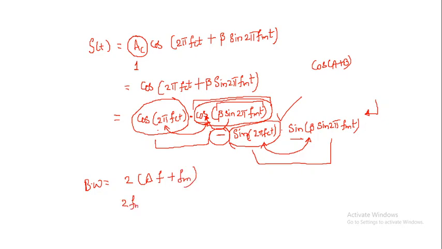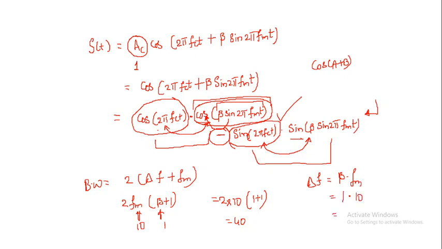If you take fm common, this becomes beta plus 1. Since beta is 1 and fm is 10 in our case, this becomes 2 into 10 into 1 plus 1, that is nothing but 40. Similarly, delta f is given as beta into fm. So beta in our case is 1 and fm is 10, so this becomes 10. So delta f is 10,